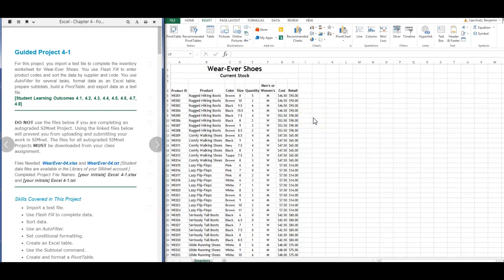Hello, this is a walkthrough for Guided Project 4-1. For this project, we'll be importing a text file to complete the inventory worksheet for Everywhere Shoes. We'll then be using a flash fill to enter product codes and sort the data by supplier and code. We'll be using autofilter for several tasks, formatting data, preparing subtotals, building a pivot table, and then exporting the data